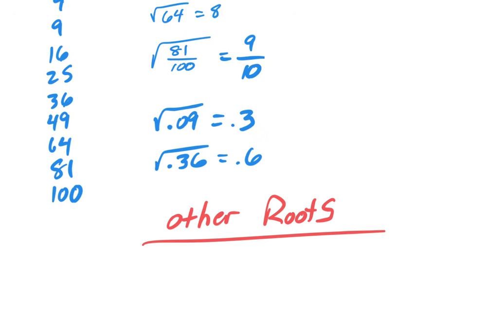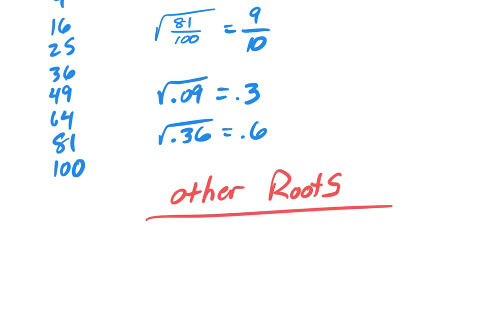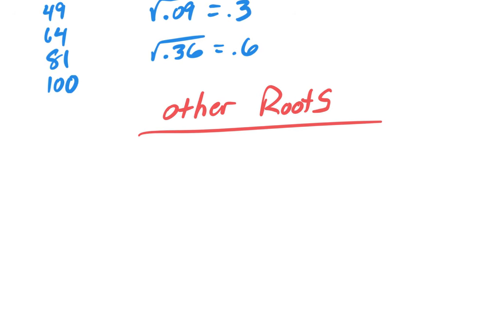When we do a square root, the number that is assumed to be out here is a 2. But if there is no number there, then we assume it to be a 2. If we're going to do a different root, then we're going to have a different number on the outside of that radical sign, that root sign. And what that's going to look like, and I think you've probably seen these a little bit before, is the cube root of